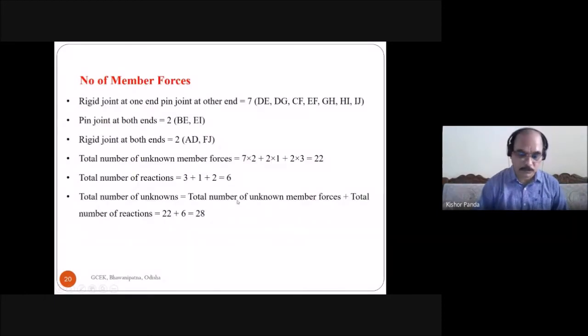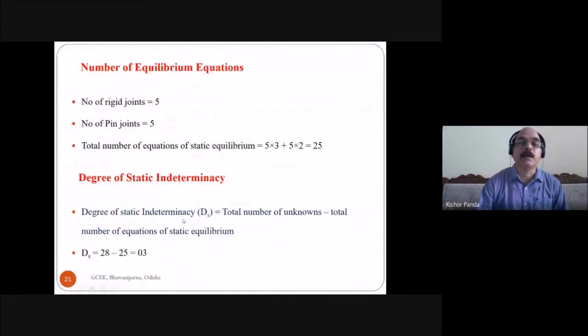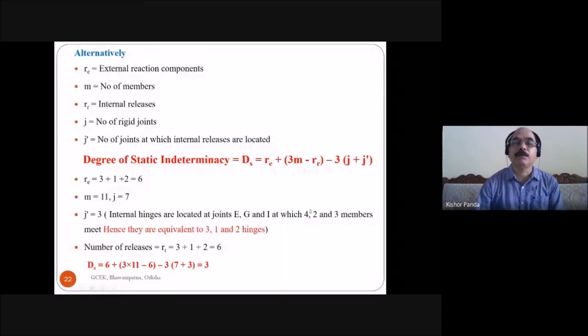Last class we discussed that the number of releases is equal to summation of m minus 1. For the releases, you have to take how many members meet at the joint, and then take that number minus 1. This is the number of releases you have to consider. That's why if 4 members meet, you take 3 releases. If 2 members meet, you take 1 release. And if 3 members meet, you take 2 releases. So the number of releases is equal to 3 plus 1 plus 2, which is equal to 6. Now are you clear? RR is equal to 3 plus 1 plus 2, equal to 6.